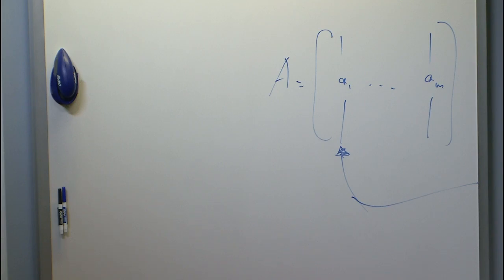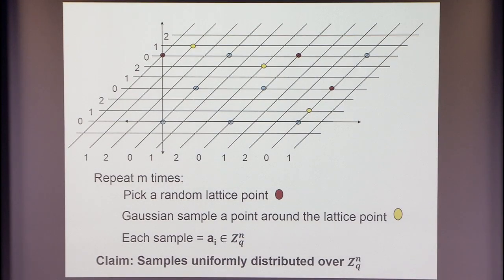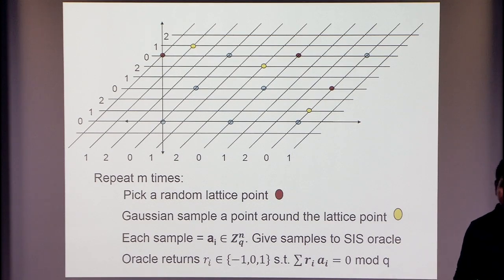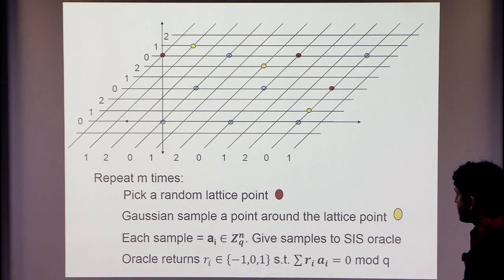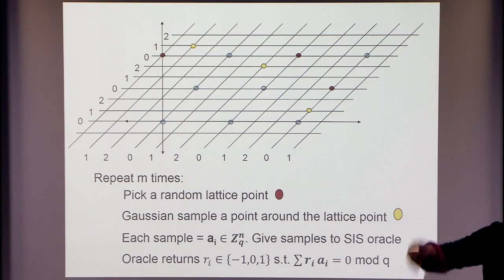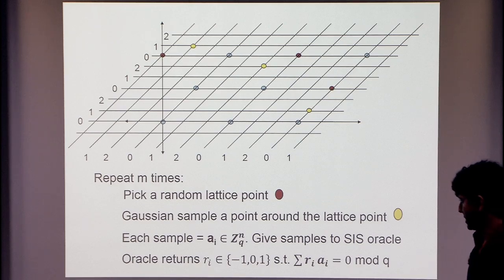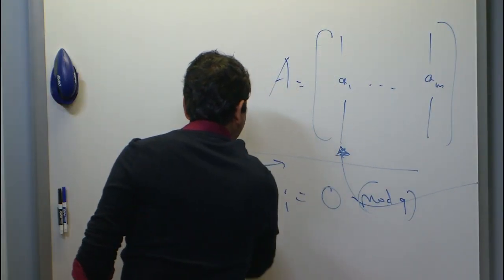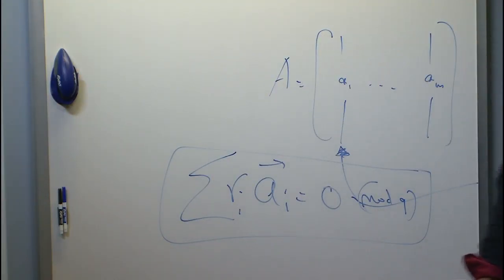So I just generated a random SIS instance. The SIS solver will refuse to work if I feed it anything other than random, so I better do the right thing and feed it a random SIS instance. And what is the oracle going to return to me? It's going to return a solution with high probability. And what is a solution? A short R, say with entries plus or minus 1, 0, because that's what I need for the collision resistant hash. So I get some R such that the sum of R_i A_i is 0 mod q. That's what the oracle gives me.